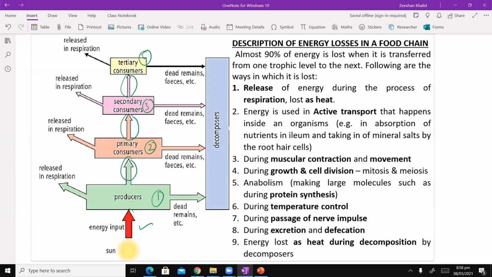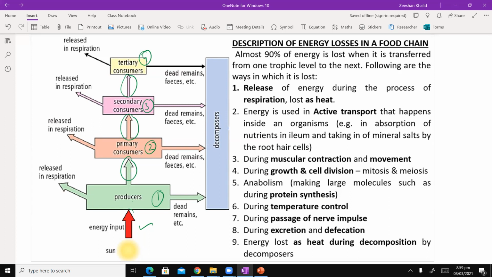So it says it's description of energy losses in a food chain. Almost 90% of energy is lost when it is transferred from one trophic level to the next. Following are the ways in which it is lost. Number one, release of energy during the process of respiration. See, respiration produces heat,